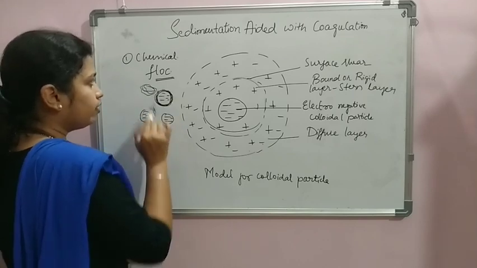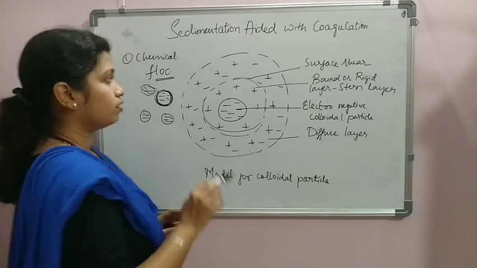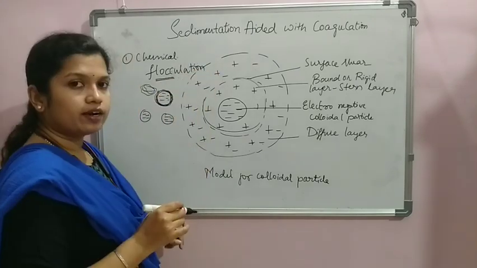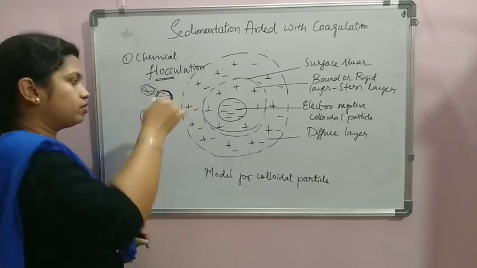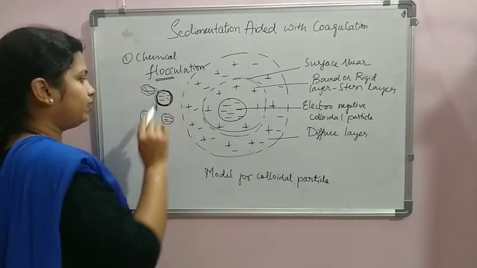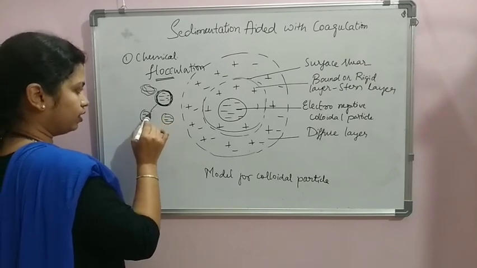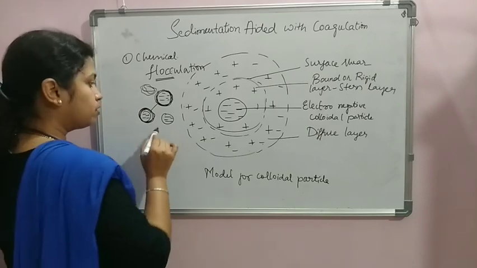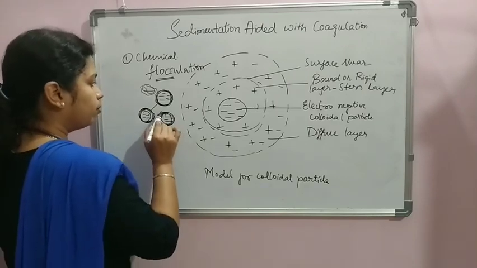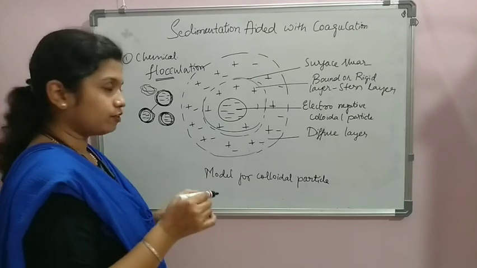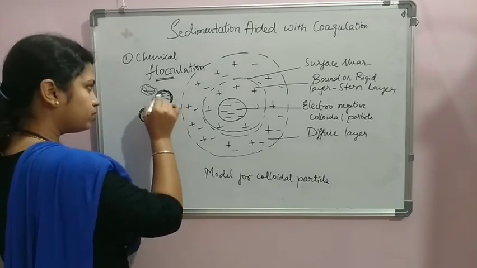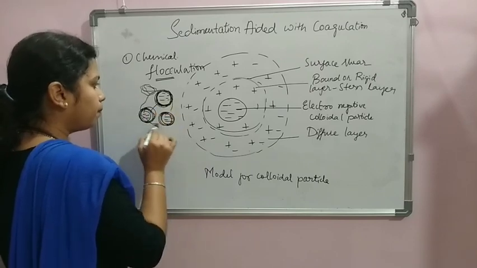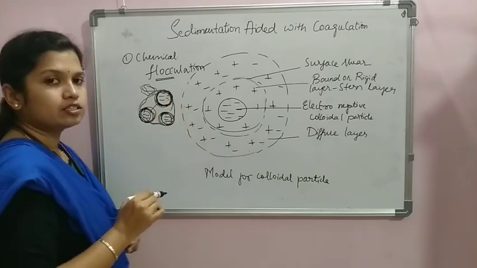When I give a continuous process of mixing, that we call flocculation. The continuous slow mixing we call flocculation. Once I start mixing, this particle rotates, and when it comes in contact with other particles, it makes them stick to this one. So this process of flocculation causes agglomeration of the particles, which means the particles stuck together by the floc come close to each other and form a mass. The agglomeration of the particles takes place.